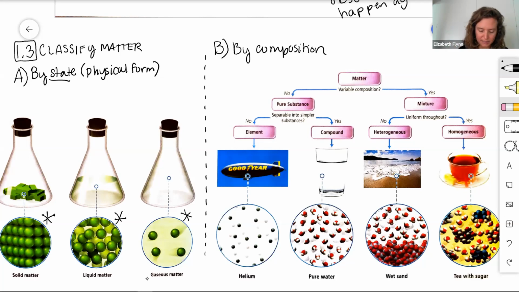And what I mean by composition is the components of that matter. Meaning the atoms and molecules in that matter itself, the type of what it's made up of. So matter can be